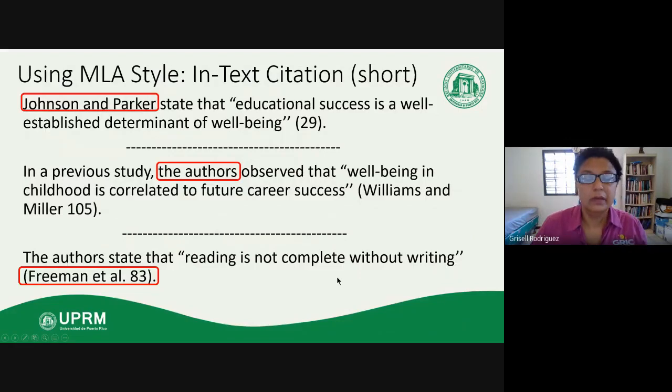If you are writing an in-text citation and it is short, less than 4 lines, then you are mentioning the authors at the beginning of your sentence, then at the end, all you have to add is the page number. If you mention in your sentence something like the authors or the researchers or the writers, and you have your quote, then at the end, you would need to write out the names of the authors. And same goes for if there's more than 3 authors, then you would write the first author, and then et al. And the page